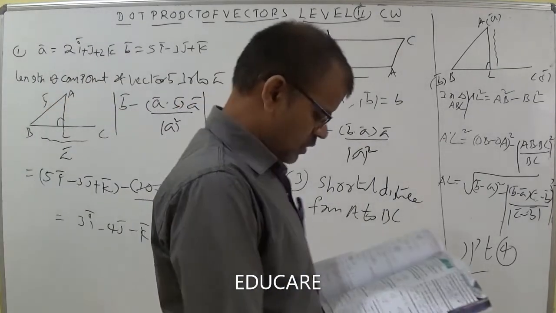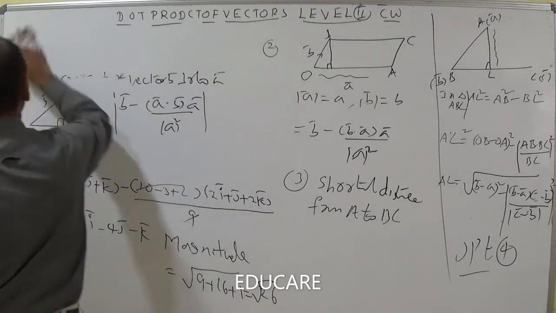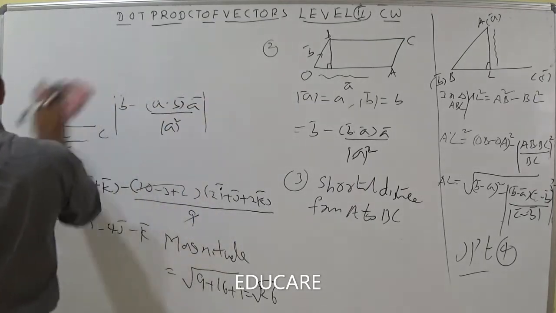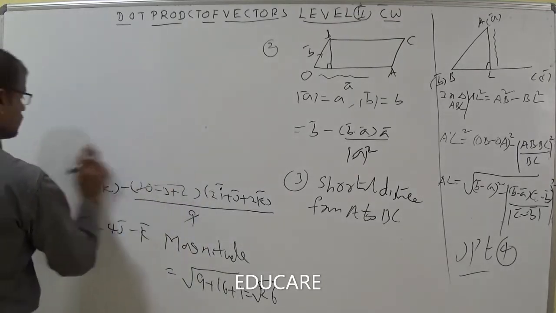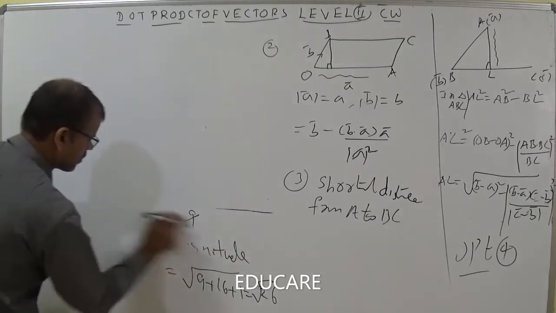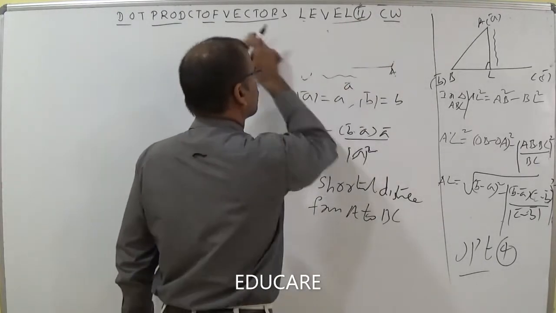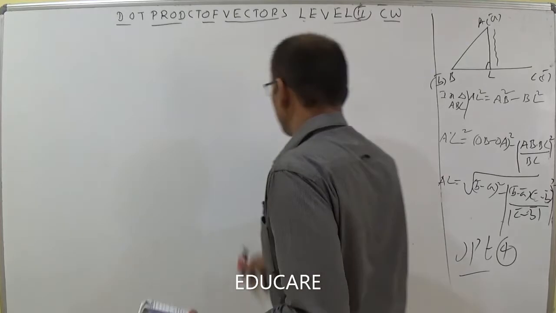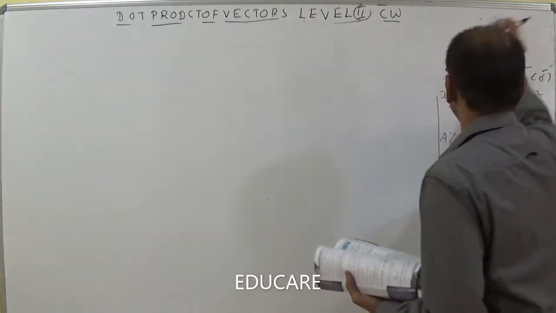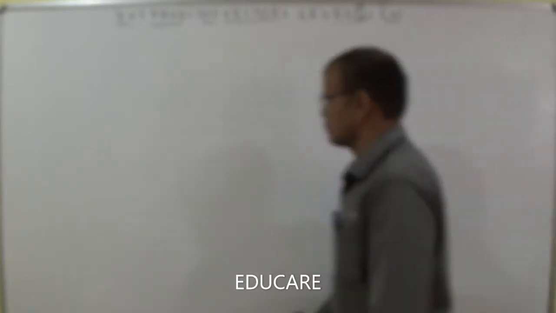Now let us discuss the fourth question. Read the question. A bar, B bar are non-collinear vectors such that modulus of A bar plus B bar is equal to root 3. So the magnitude of the sum of the two vectors is given as root 3. He did not discuss the angle between the two vectors A bar and B bar. We should calculate the angle between the two vectors using the given data.